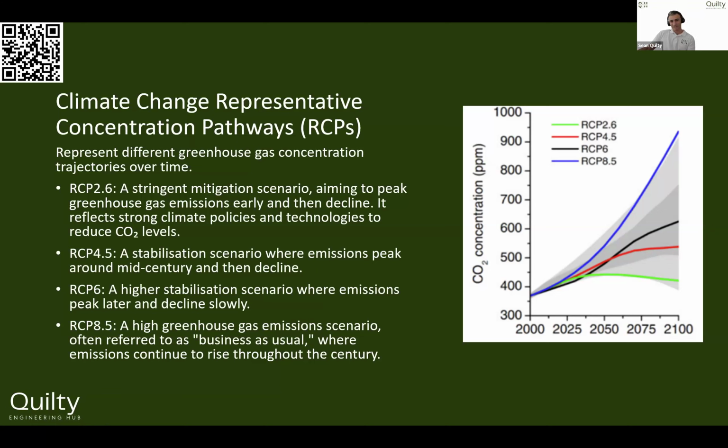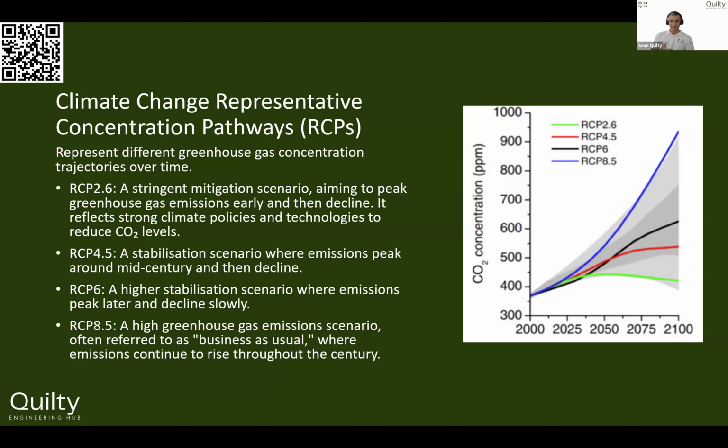To the point where if you look at RCP 2.6, the green line that we've got here, it shows if we do everything that we can and we work together collectively, greenhouse gases are going to continue to climb till about 2050, 2060 maybe, and then they'll actually start to decline. We'll actually reduce the amount of greenhouse gases. And if we did that, then our climate change was getting worse, but then we'll actually go back and start improving and repairing the atmosphere.